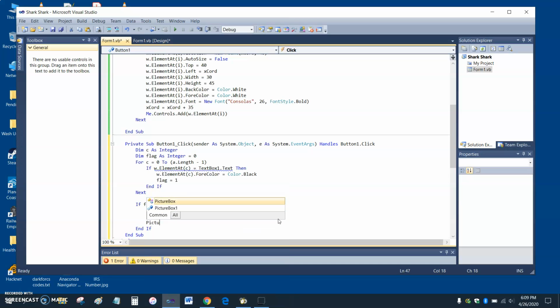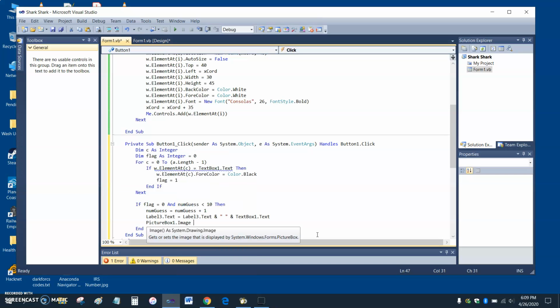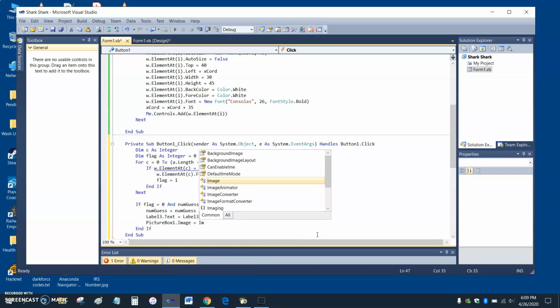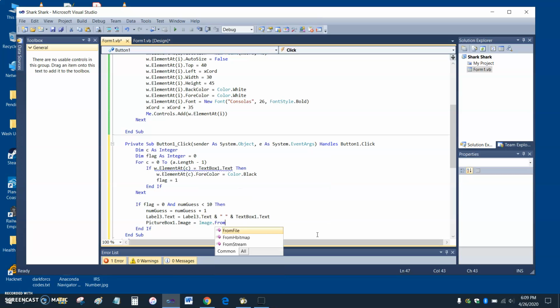We're going to say picture box. So if they didn't get it, we want to move the fin of the shark over. Well, what we're really doing is we're changing the picture. PictureBox1.Image is now going to be Image.FromFile,